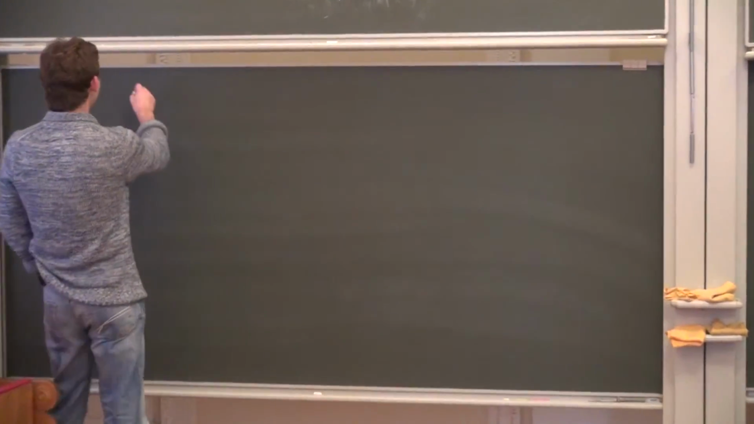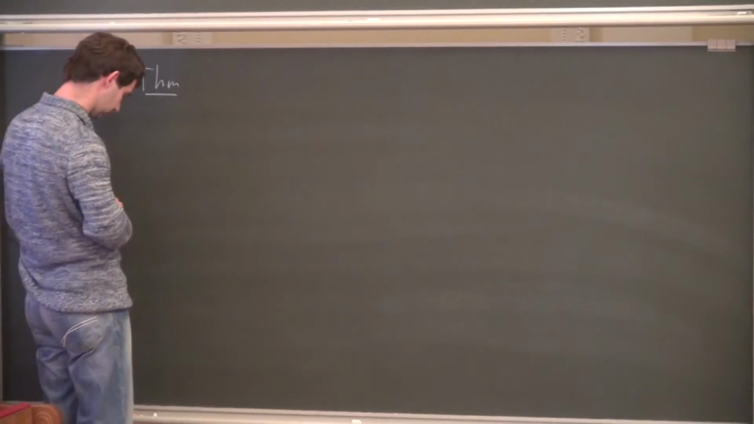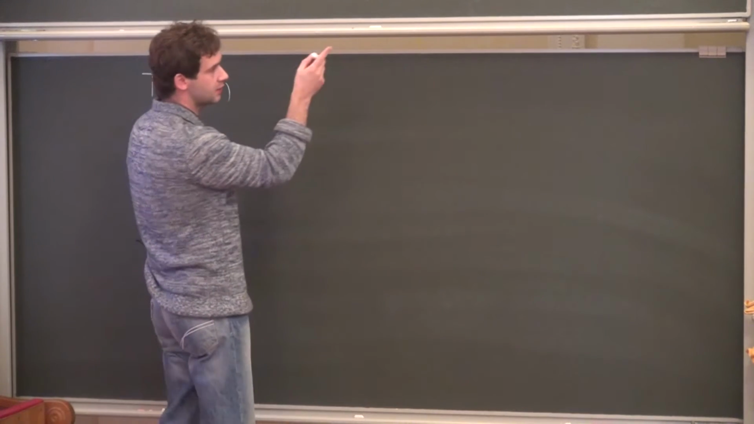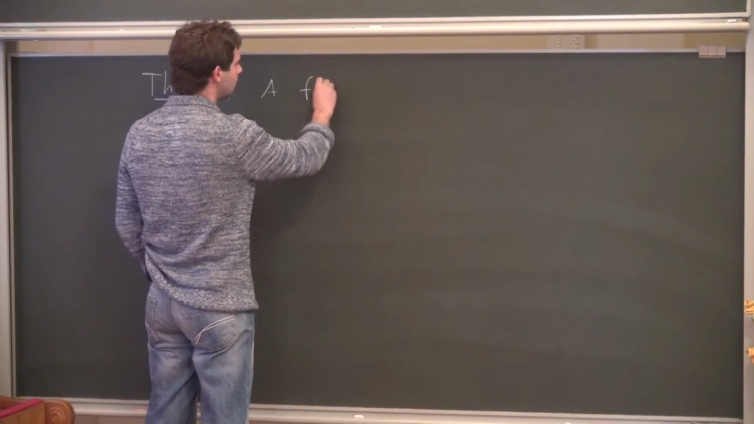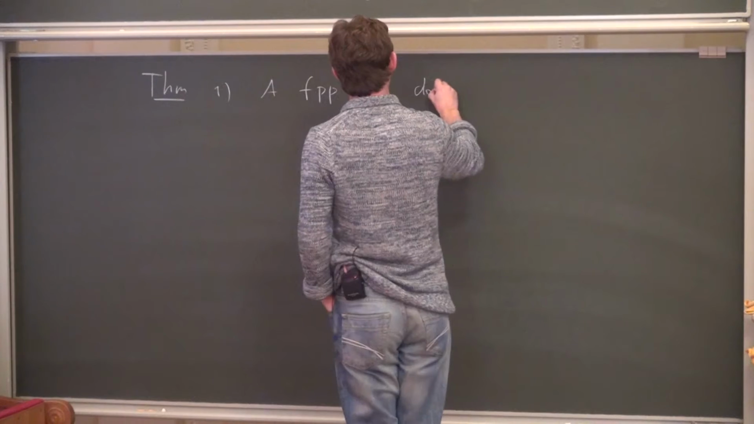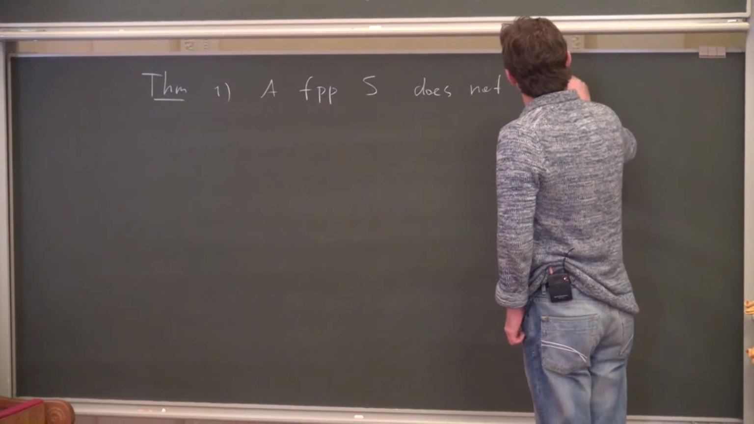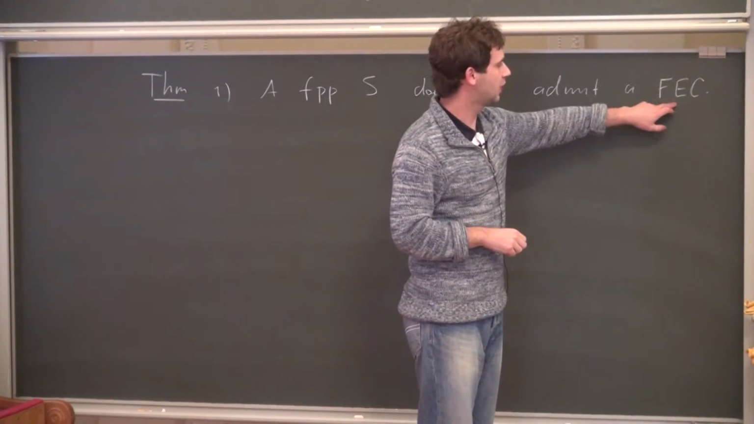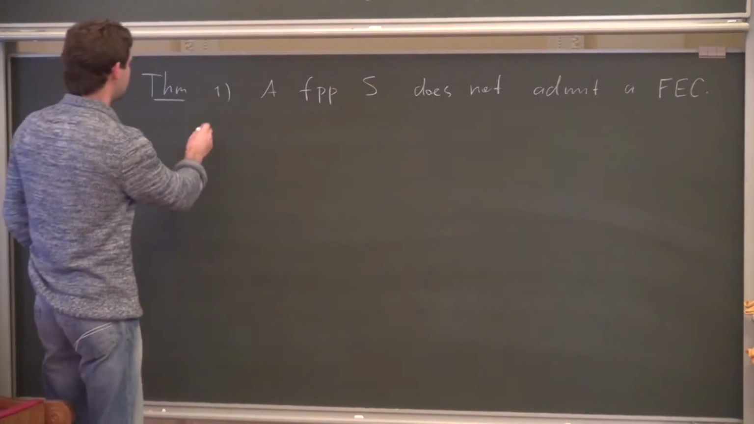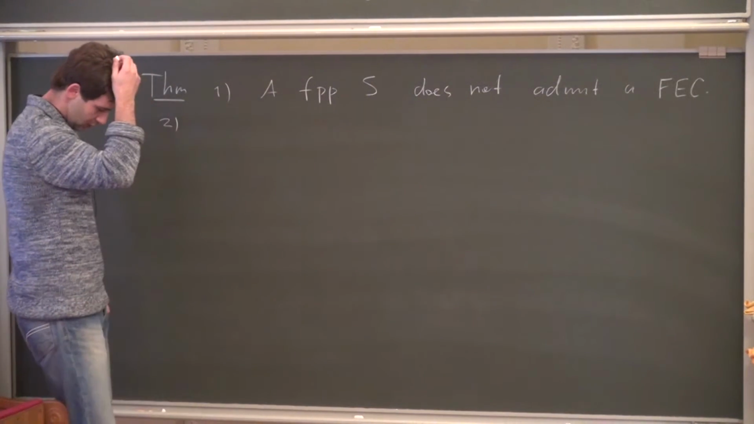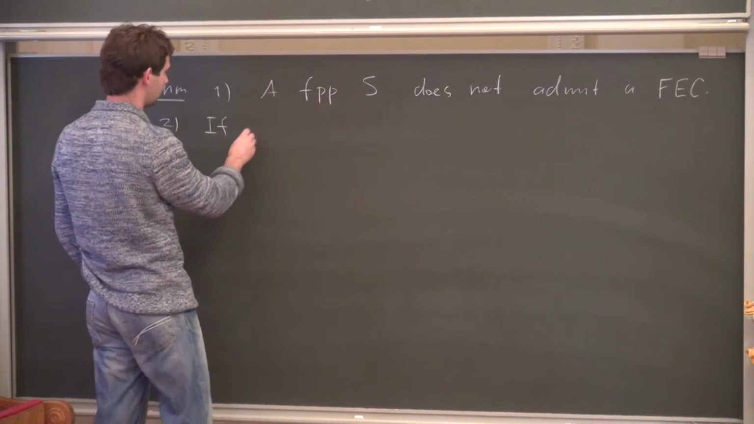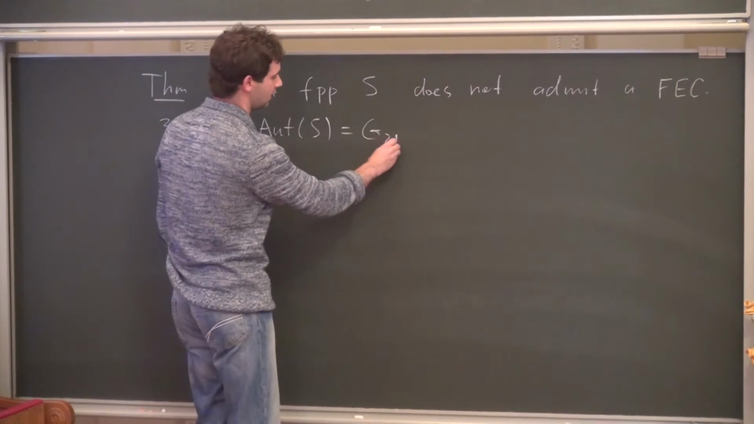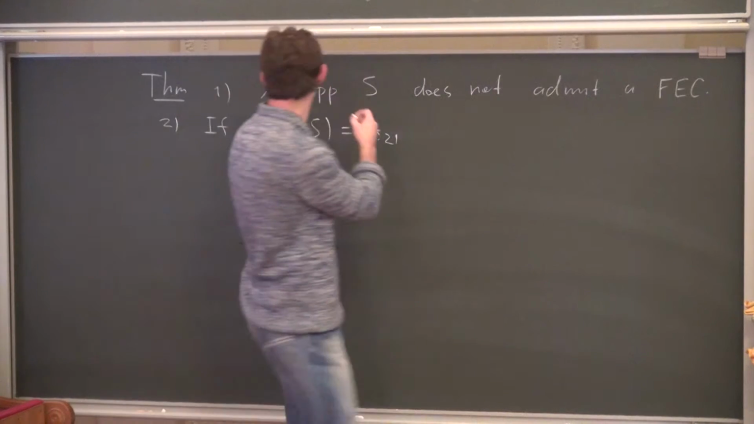Right, so now I state the theorem. The theorem is this. First, a fake projective plane S never has a full collection. So a fake projective plane S does not admit a full exceptional collection, which means that there can be no exceptional collection which generates the category. Second, if the automorphism group of S is G21, so we're in the last case, so that's six planes like this, then